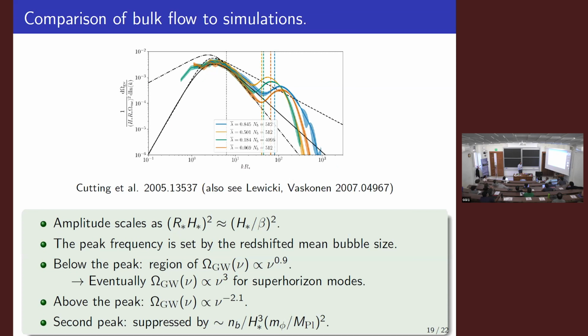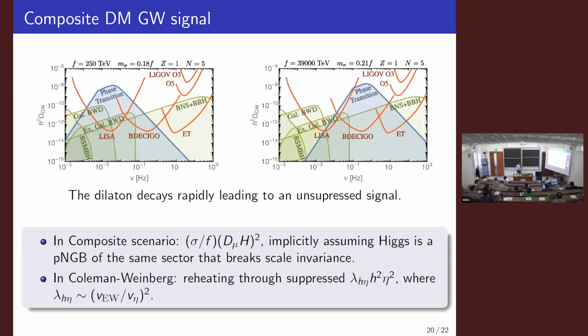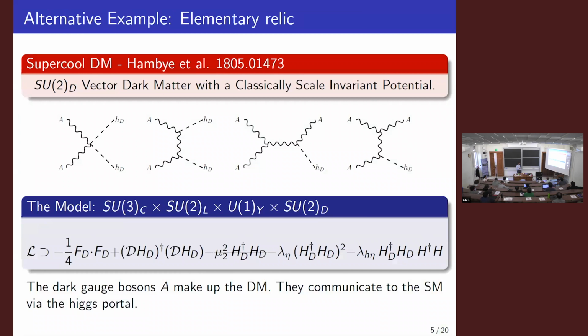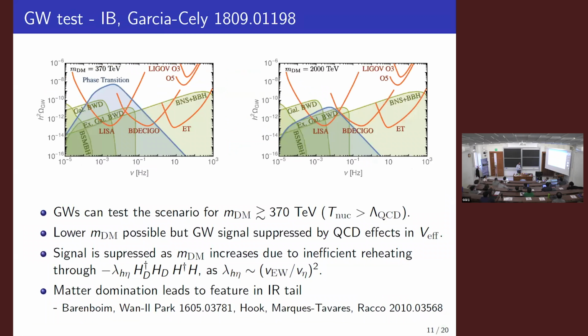But there are also large differences. In these simulations, there's no plasma present, and there's a different slope if there's plasma present and so on. So you can get some information from that. In the IR, I have a plot. You can see a very interesting effect in the IR. If after your phase transition you go to a matter-dominated epoch, some super horizon modes enter the Hubble scale during the matter domination. So you suppress the signal, but you also get this longer plateau in the IR. So you can pull out some additional information about